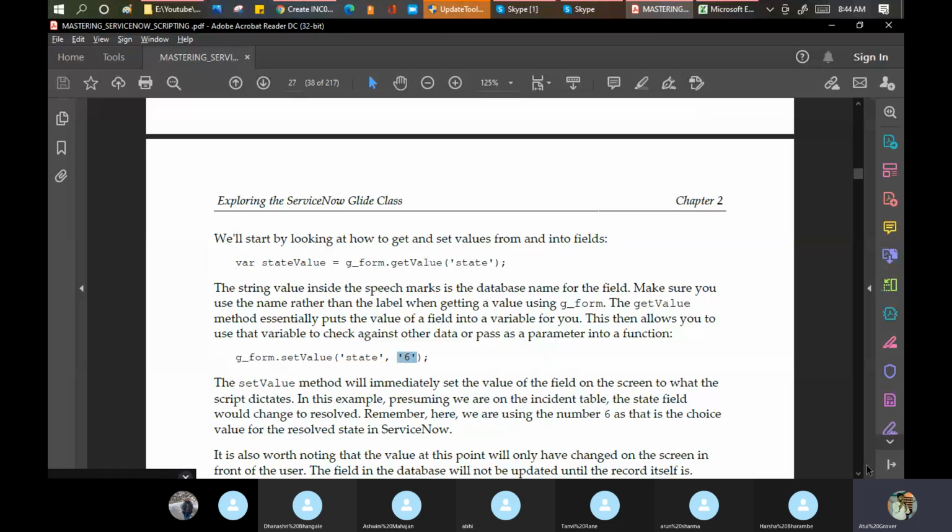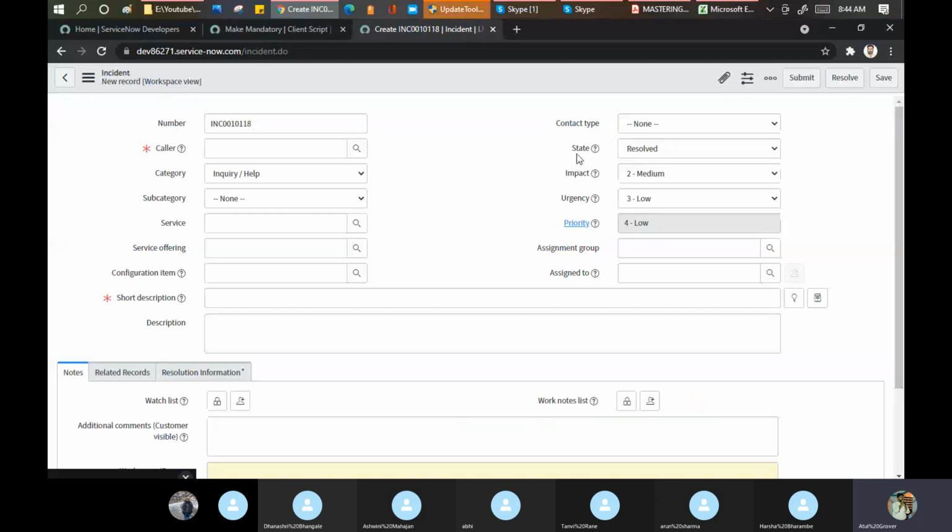Okay. Now the question is from where this 6 is coming, that is your homework. Open this and see in which table it has been defined and see what is the value of this state. Even though you will not believe, these also have the same values 1, 2, 3, 4, 5, 6, something like that only. Check those things. Because tomorrow, if someone says resolved instead of resolve, my code will fail.